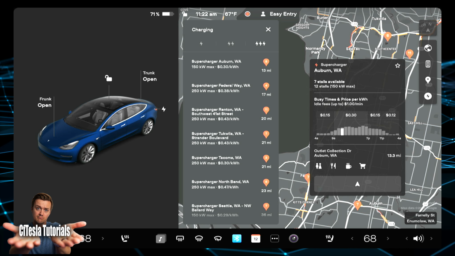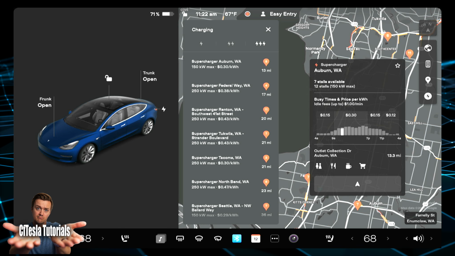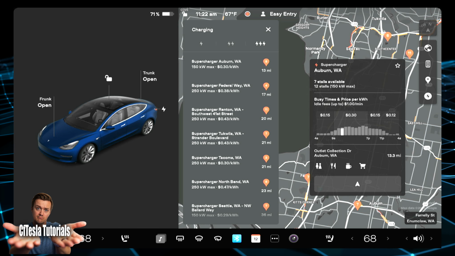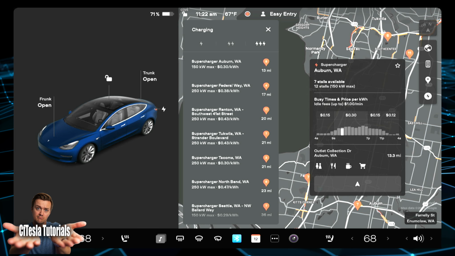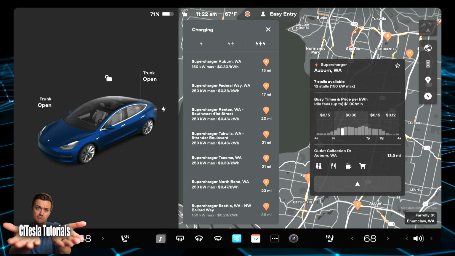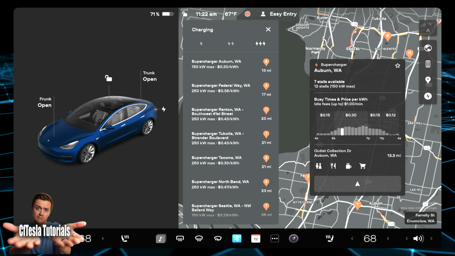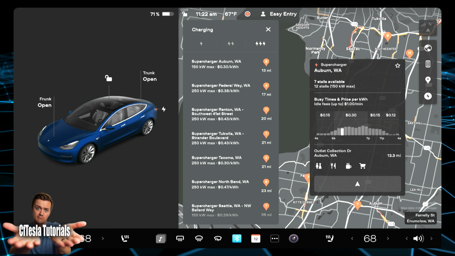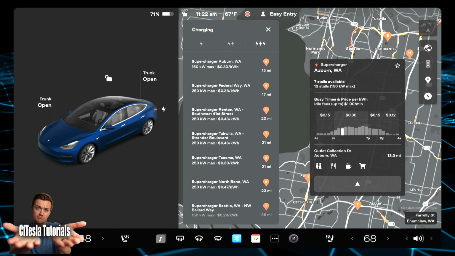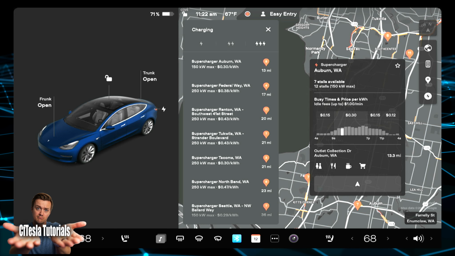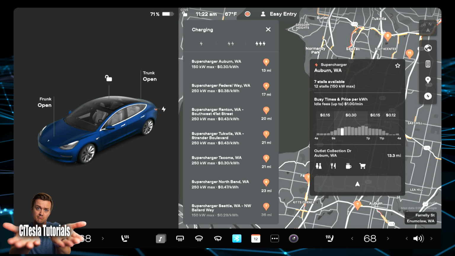You can see the max kilowatt charge that it has there. So you can see this does not offer 250 kilowatt charging. And you can see the peak hours that is being charged there. So for example, right now, it's being charged at 30 cents per kilowatt hour. You can navigate to it, and you can also see what's around the area, such as things to do, coffee,